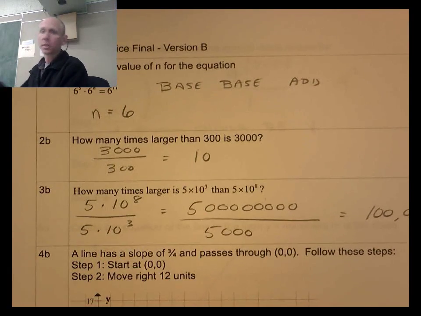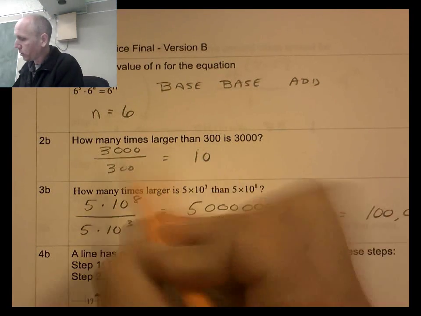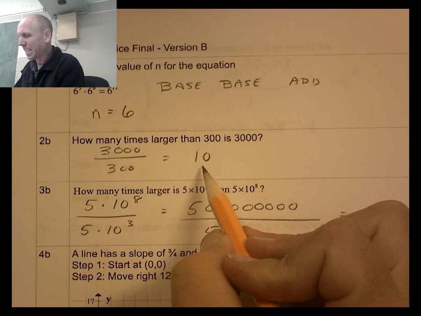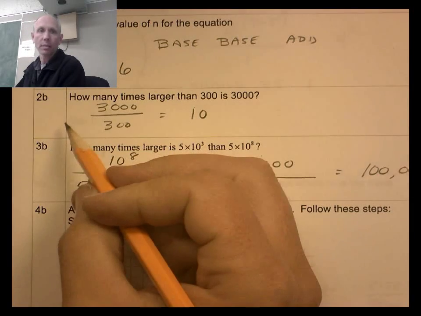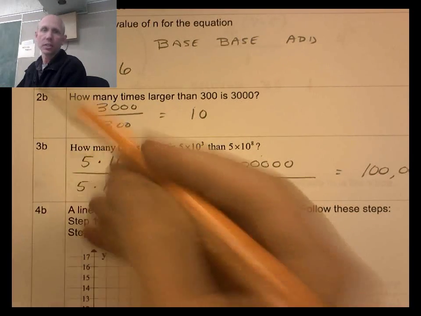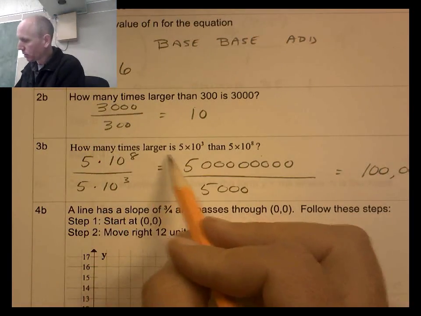How many times larger is 3,000 than 300? So 3,000 divided by 300 is 10 times larger. How many times larger is, and this one, number 2, that's not going to be on the final. It's just setting you up for the next one. How many times larger is,